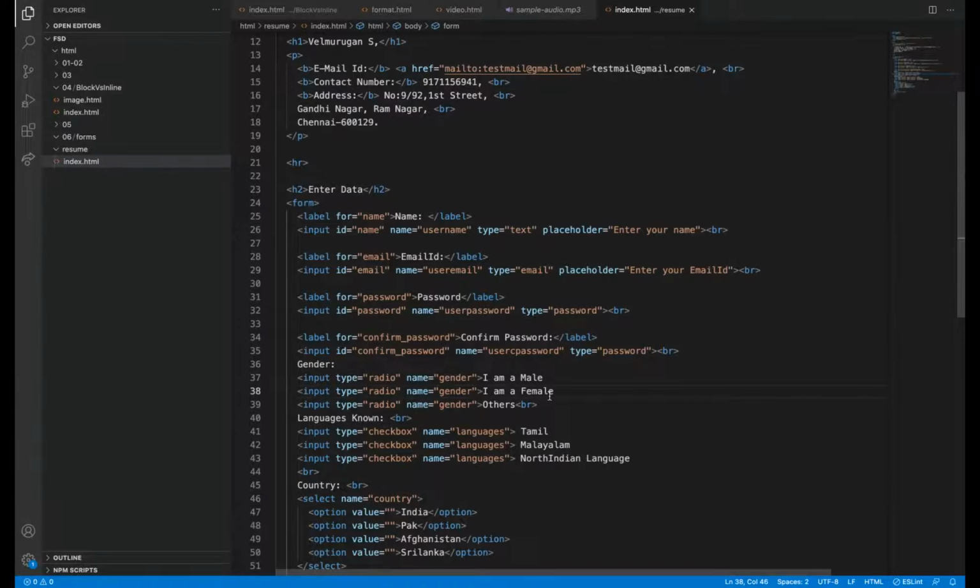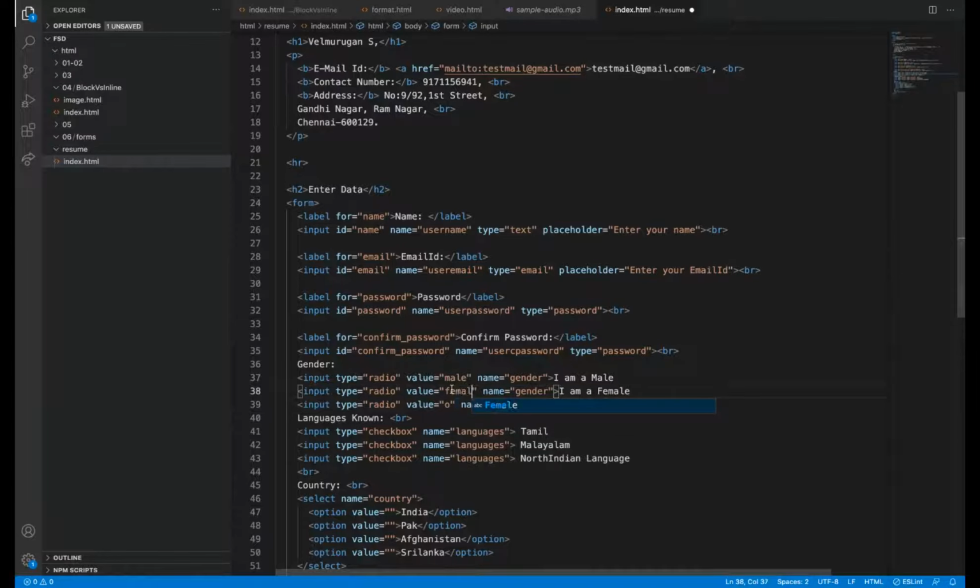So the value won't go; these things will not go in the value. So we need to specifically give values. We need to give this value. You can give anything, like M, just M, and then F, and then O, or else male, female.